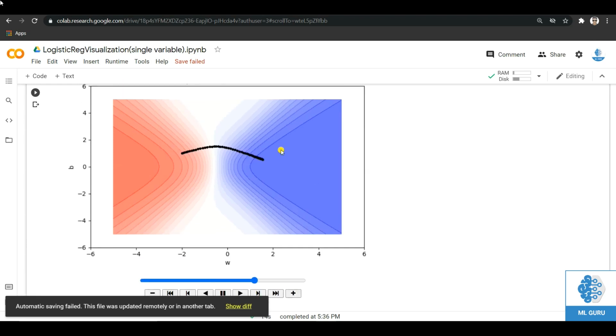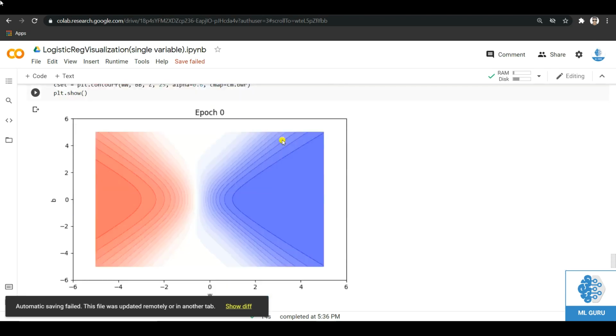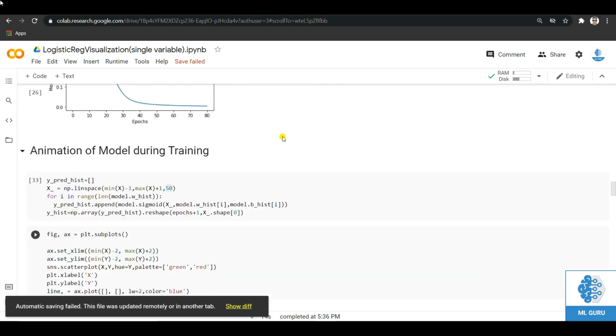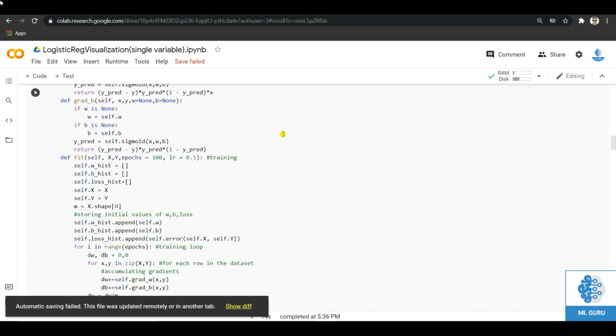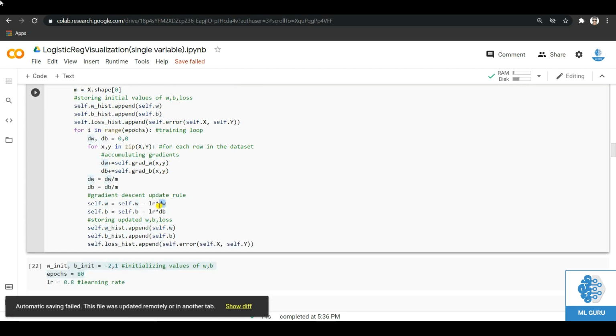The other way to interpret this is that when it goes in this flatter region, the gradient of the loss with respect to the weights, meaning the slope of this surface here, is close to zero. And we know the gradient descent update rule, if you see here. So if this dw is close to zero, then the update in this value of w will be very minimal.